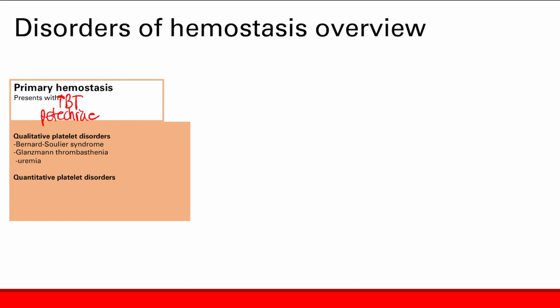And then quantitative platelet disorders are due to platelet destruction or consumption. What were the three? Remember, we had ITP, immune thrombocytopenic purpura, and then we had the two microangiopathic hemolytic anemias, TTP and HUS. For ITP, do you remember what the problem was? From the name, it was autoimmune antibodies targeting the GP2B3A receptors, and then the antibodies and the platelets get destroyed in the spleen. You get low platelets, and you get problems with hemostasis.